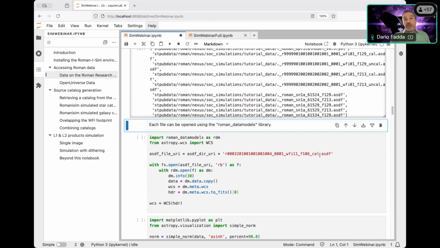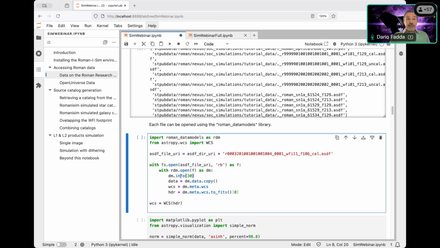As the one created by Roman will be. And to open these files, you have to use the Roman data models, which is imported here. And this little example shows how to do it. So this is a particular command to open the file with RDM, the Roman data models. In this case, I will show you this particular instruction that allows you to show a little bit